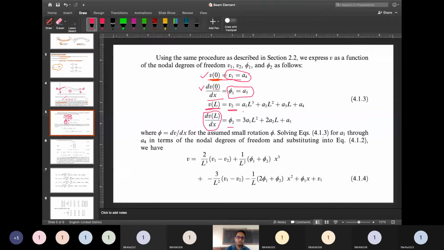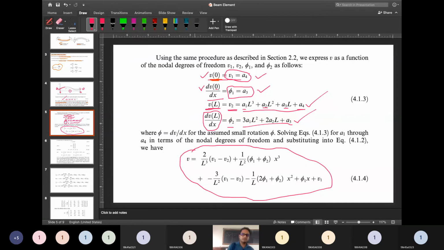Now, here we have four unknowns, A1, A2, A3, A4, and you have four equations as well. Equation 1, equation 2, equation 3, and equation number 4. Four equations, four unknowns, you solve it. When you solve it and substitute the values of A1, A2, A3 and A4, you will get this expression. What is written over here? Okay, I am leaving it for you. You can solve it on your notebook as an assignment and you can check whether you are getting this value or not.